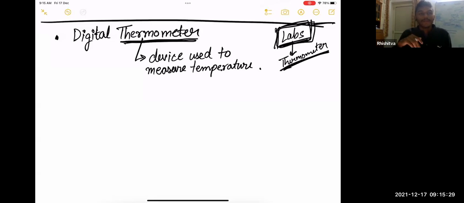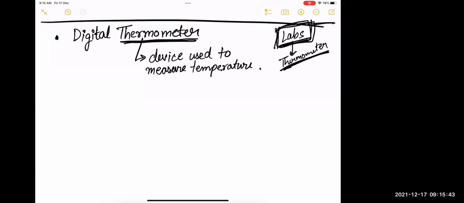So can any student tell me in which unit this temperature is being measured? You must have used it when you were sick. So in what unit do you get the reading? So we have Ishant with us. Yes, Ishant. Yes, sir. The temperatures are measured in 3 degrees that are Celsius, Fahrenheit, and Kelvin.